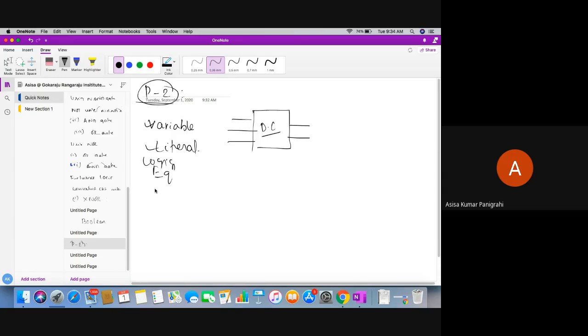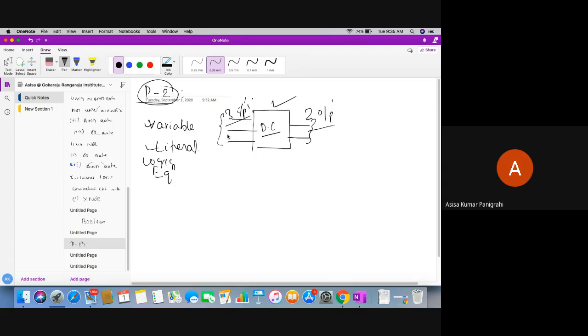Okay, so see here. This is a digital circuit. It takes 3 inputs and gives us 2 outputs, depending upon the specification of what it is actually doing. So see here, what is a variable? The variables are nothing else but the inputs and outputs, by which the digital circuit connects to the external world. These are the external world inputs and these are the external world outputs.